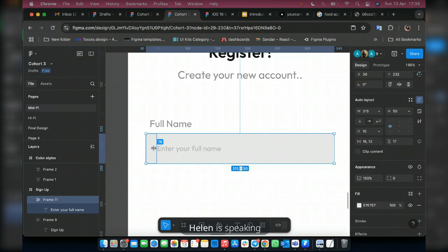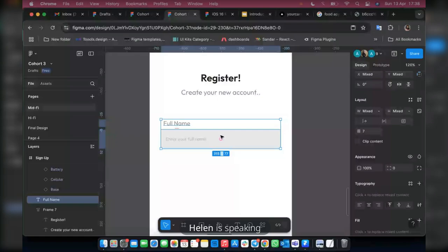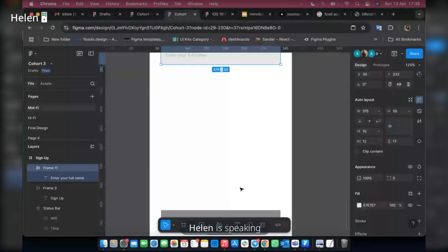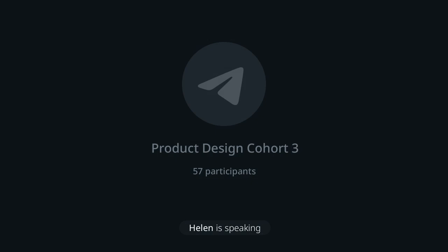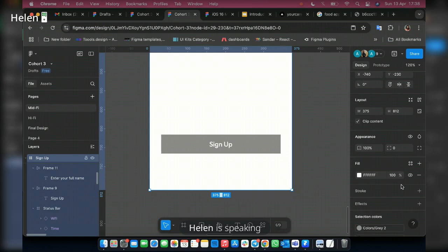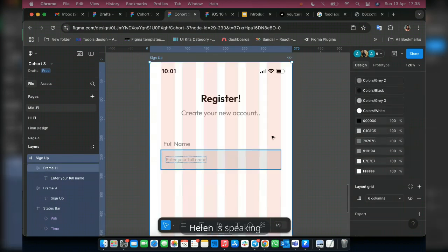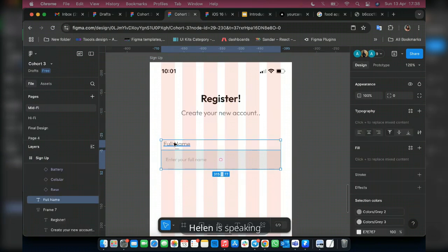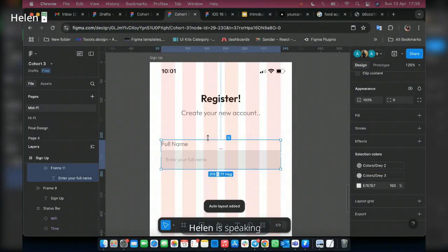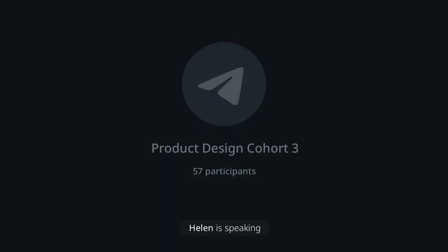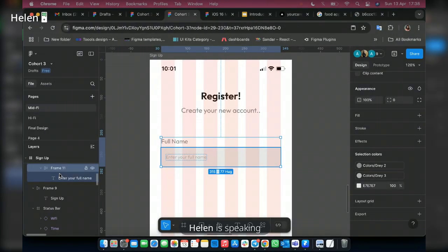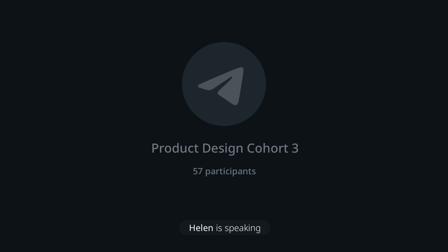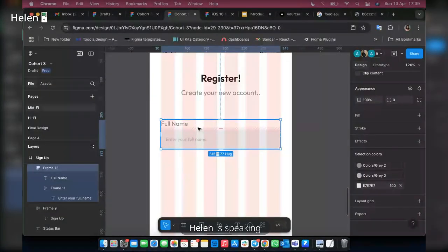But I think I'll be using that 12, which is okay for me. So I'm just going to hold these two, and then I'll make sure that the size of my input field is the same size as my button, or you can just turn on your layout grid and then adjust it. But thank goodness it's already adjusted, because we did it the first time. So I'm going to hold these two together and then make it auto layout. Once I make it auto layout, we've done our input field. Now you can see that the rectangle has automatically turned into auto layout. So I'm going to duplicate this here